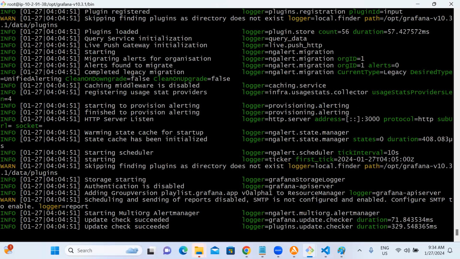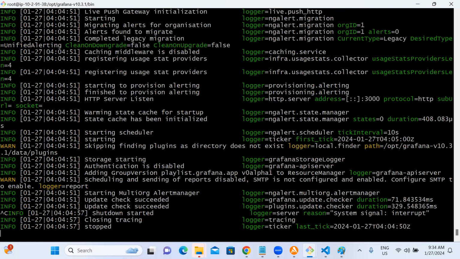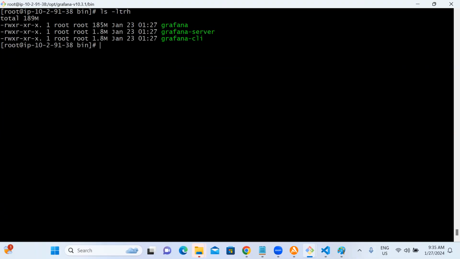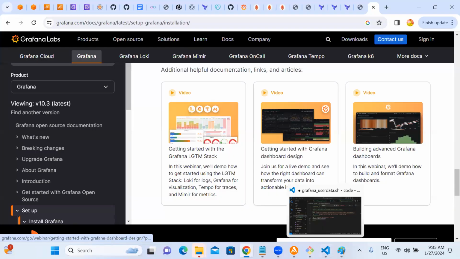So the drawback here is that if you do Control C, it will stop. This is not about Terraform or something; this is Linux basics. When you want to start, this is starting in the foreground. It is still holding the screen, and I cannot enter any commands. To run in the background, we run this command, ./grafana server, and put an ampersand. If you put an ampersand, it will go to the background. You can enter further commands with this.